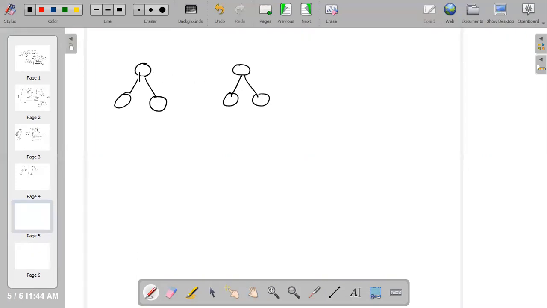And my hypothesis is, if root dot left is equal to root 2 dot left, what I mean is, if root dot left is equal to root 2 dot left, it means all the children of this are also matching. So that's my assumption.